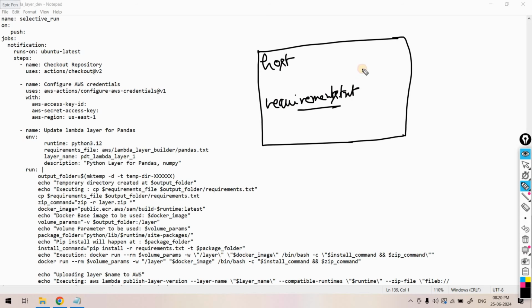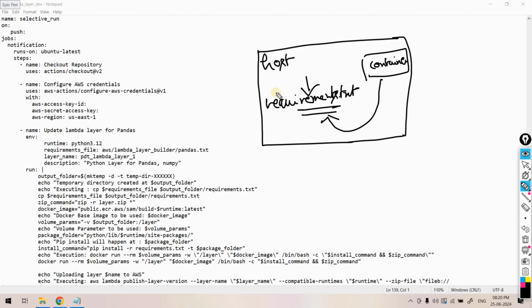requirements.txt file available. Okay, and here we are launching a Docker container, and this particular container working directory we are mounting with host volume directory where this requirements.txt file is available. The container is reading this particular requirements.txt. It is pulling that particular Docker image what we are mentioning, and then it is doing pip install based on this particular requirements.txt. It is basically creating that zip file in that same working directory within container, and